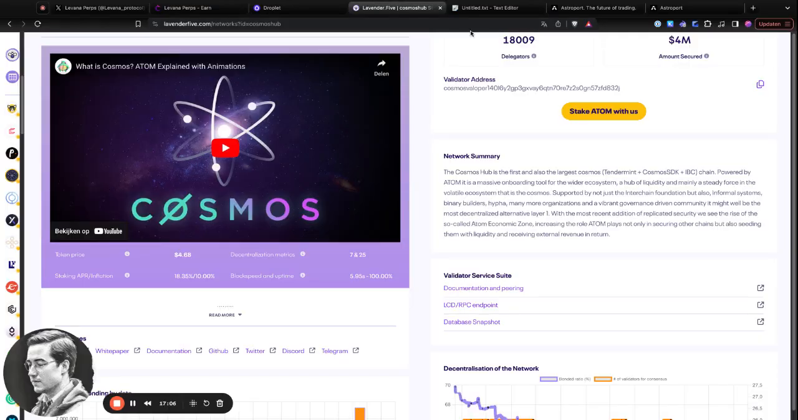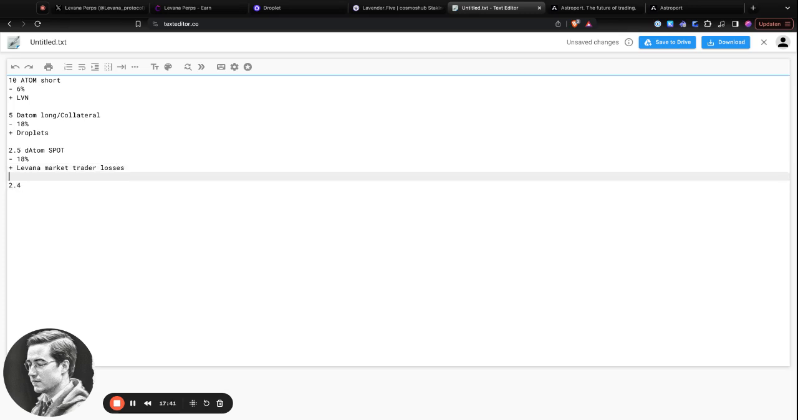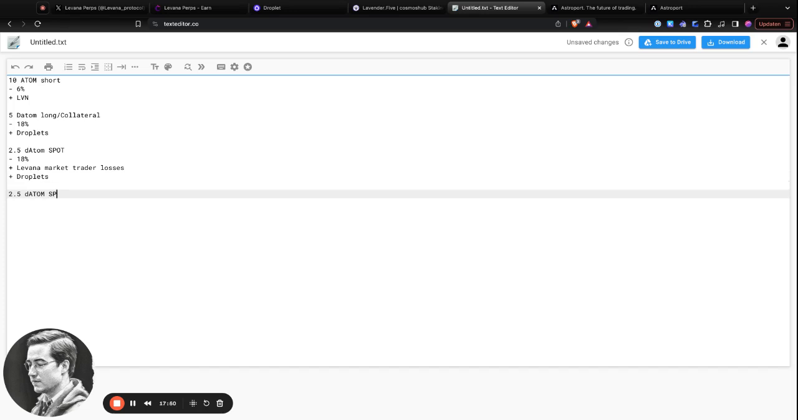So now I'm going to lay out my position. I have a total of 10 ATOM short, which is earning, well, it's now a bit less. It's earning 6 to 7%, but it should be more over time as more people use the market. So this could be a very high number, but for now it's this. I'm earning on 5 ATOM the 8% staking yield. On another 5 ATOM, I'm earning, on 2.5, the staking yield, and then the expected APR from the Levana market. So the Levana market, like trader losses, I'm earning here. And then I have 2.5 and droplets, by the way, because there's a droplets program here. And then I have another 2.5 ATOM, which is open spot in